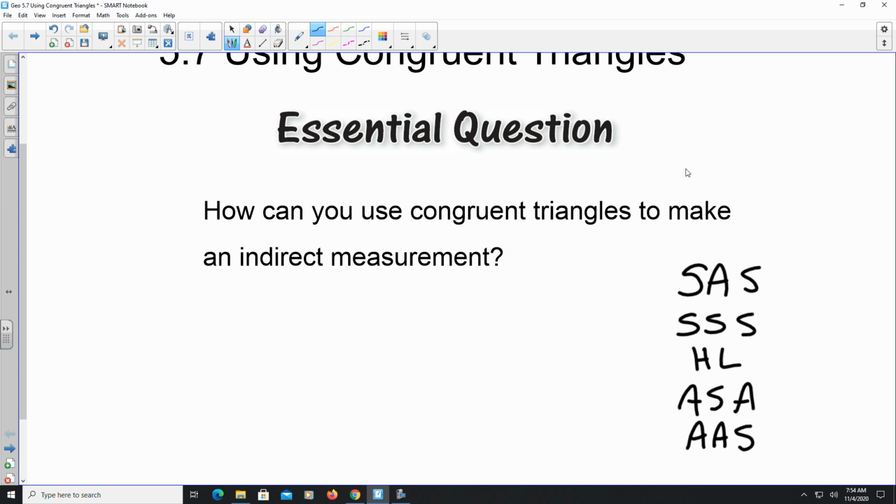Once you have shown that two sets of triangles are congruent by using one of those five theorems,